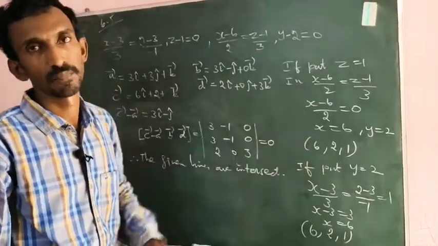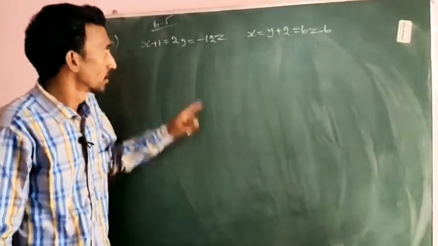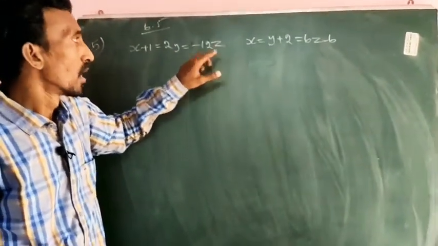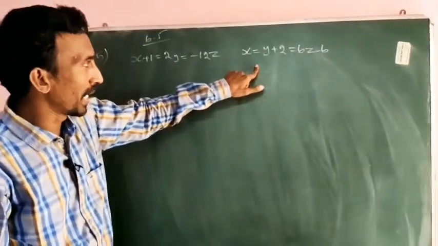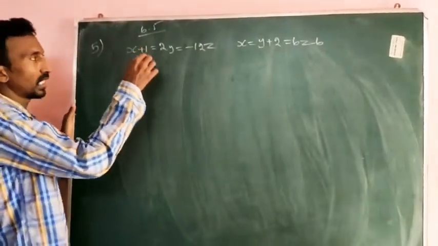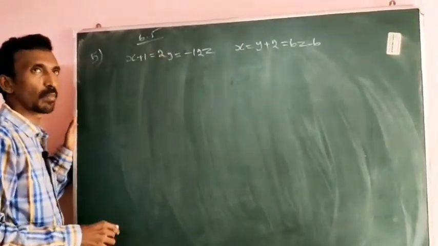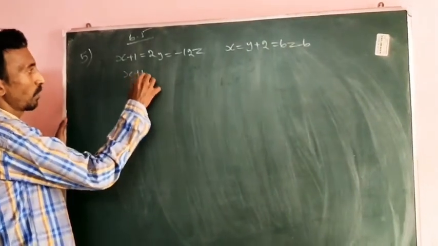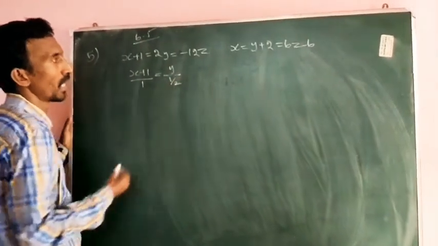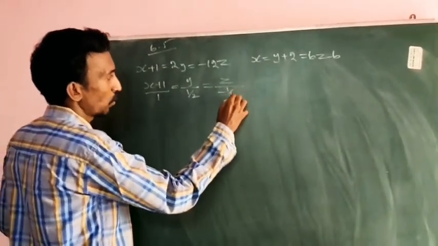It is a shortcut. Okay dear friends, question number 5 in the exercise 6.5. Two lines are given in the Cartesian form, but not in the standard form. The question is to show that they are skew lines and also find out the distance between them. First rewrite into the general form, x minus x1 by b1 equal to y minus y1 by b2 equal to z minus z1 by b3. So x plus 1 by 1, y by 1 by 2, move this 2 to the denominator, equal to z by minus 1 by 12.